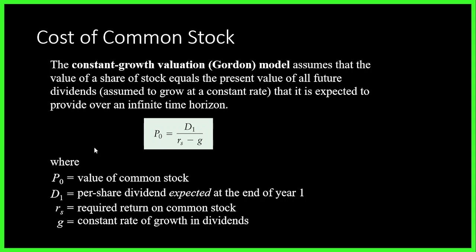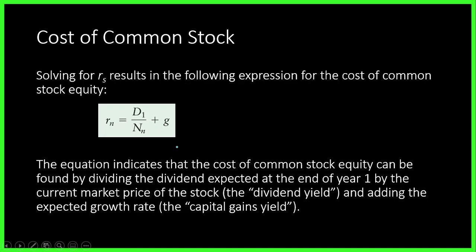So from there, this is the market value, which is computed by dividing the dividends, which are assumed to grow at a constant rate, by the difference of the required rate of return on common stock less the constant rate of growth in dividends. Now, pabalik-balik mo yan, hahanapin mo lang itong part na to. Parang mag-work back ka lang. Pag nahanap mo to, that is now your cost of common stock using the constant growth valuation model. Okay, so this is now the formula that we are going to use.